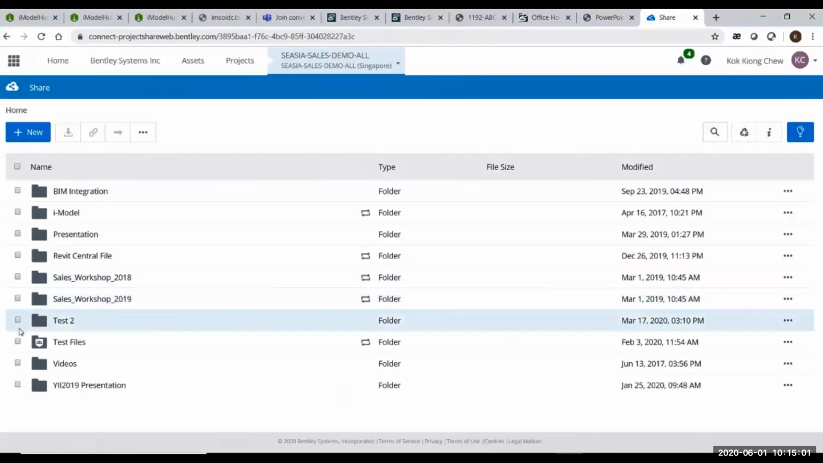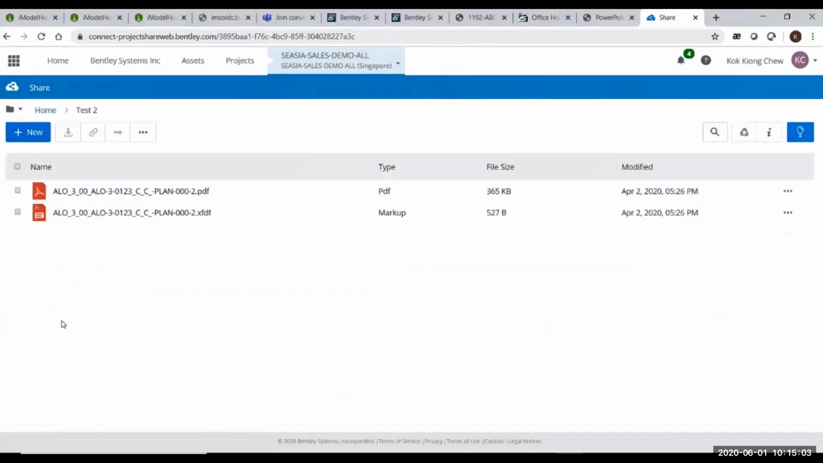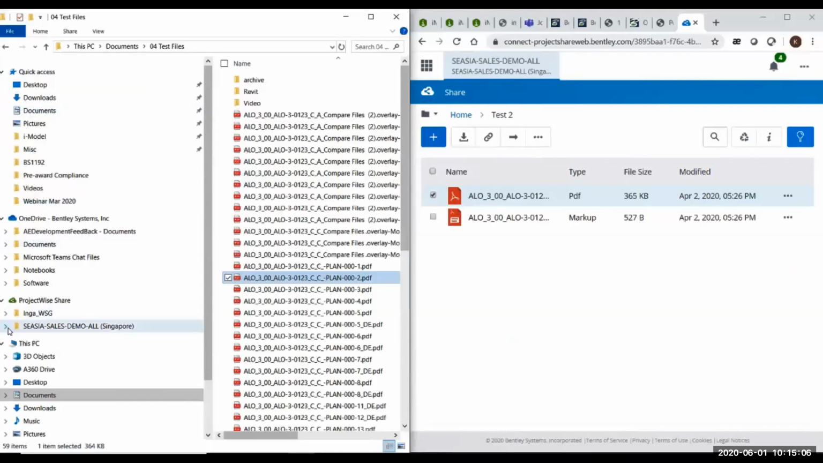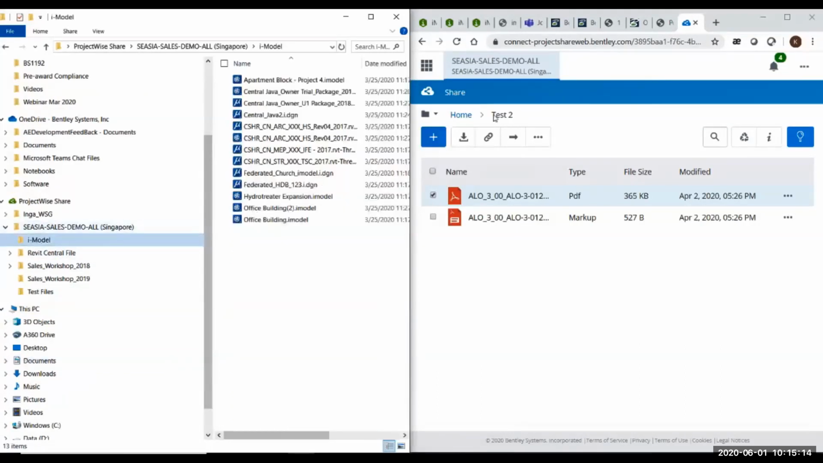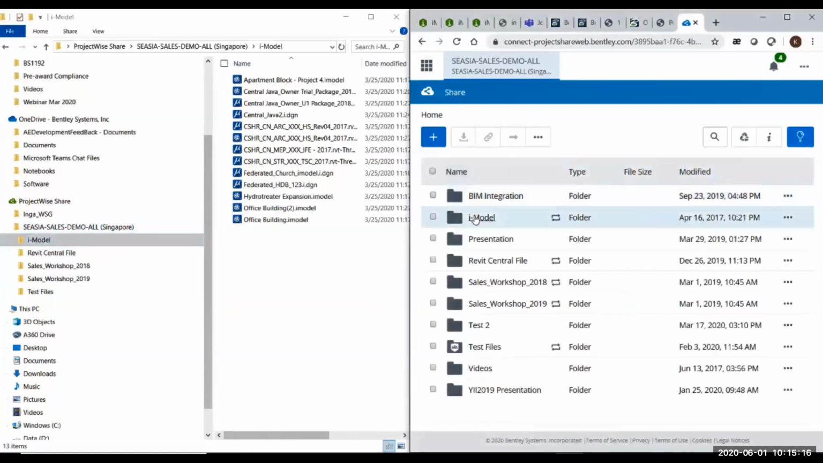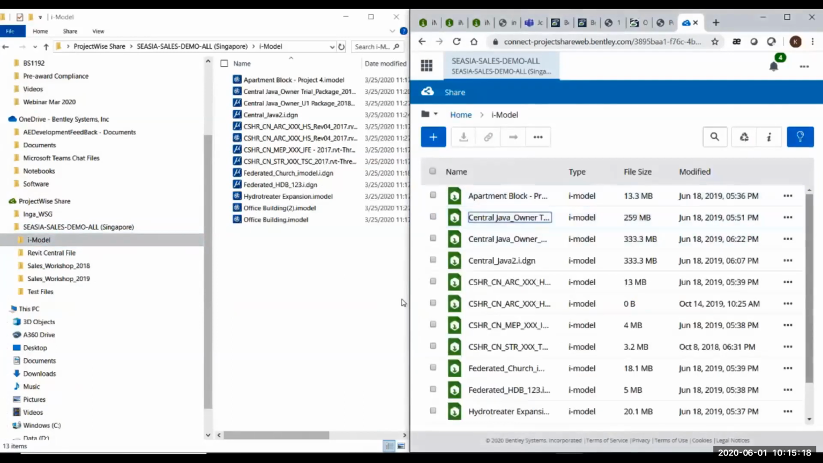Okay, so you can do a synchronization of, let's say, this folder. You synchronize to the local. You will see on the left is the Windows Explorer. I click on the iModel folder. On the right hand side, on my cloud solution, I will also have the same files. Okay, so this is a local synchronized to